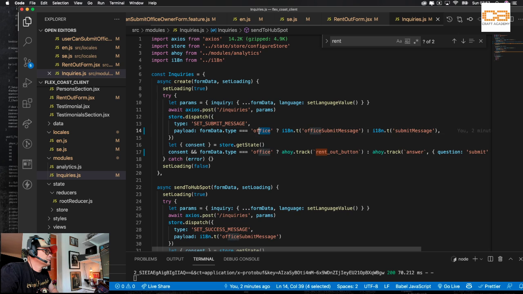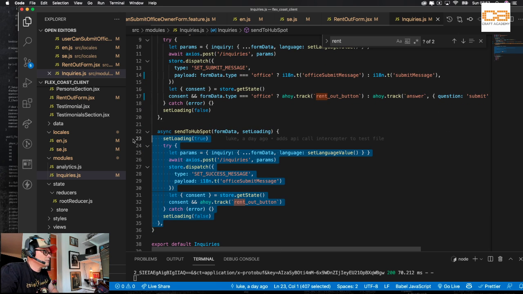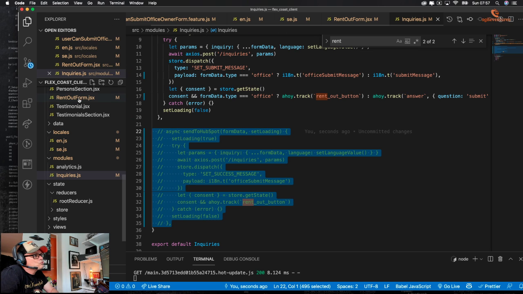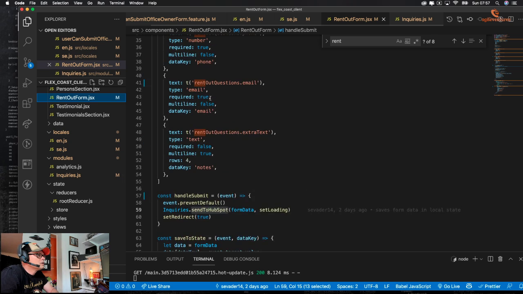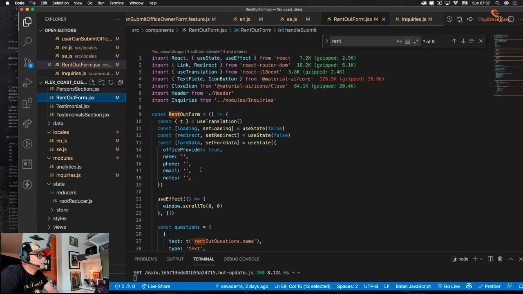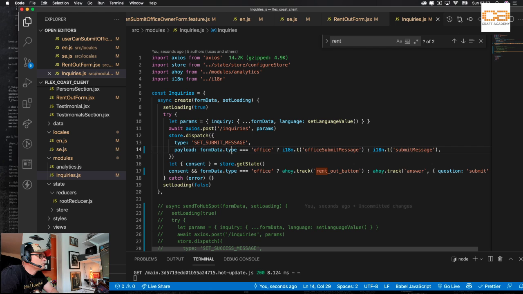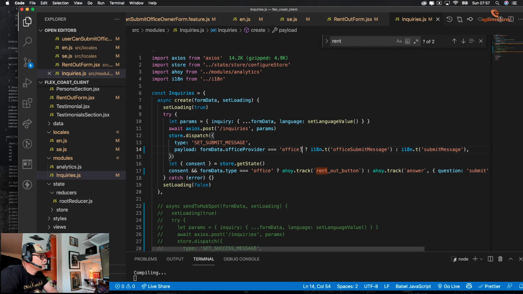Right. So let's see. We can comment this out for a second, and we go to this one, and we just go office provider. Oh, it says office provider. All right, so then we could just change that instead. That's much better. It already deals with that. If from office provider, then we can simplify this a little bit.